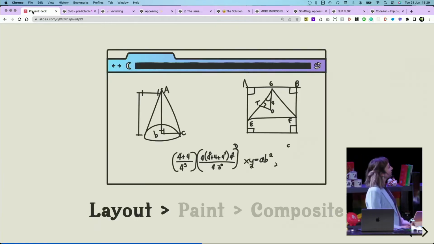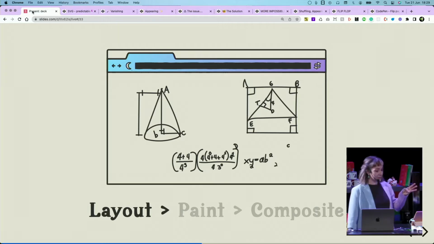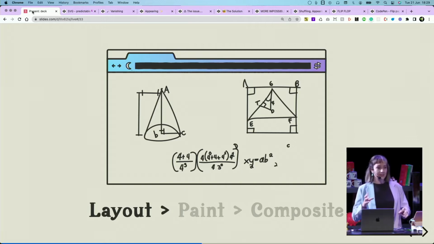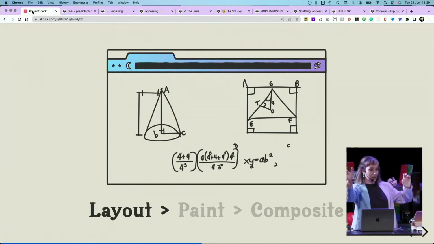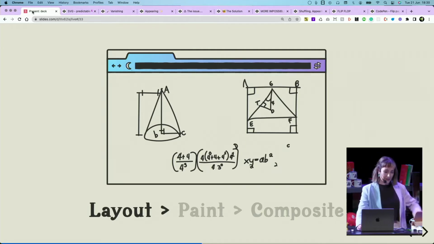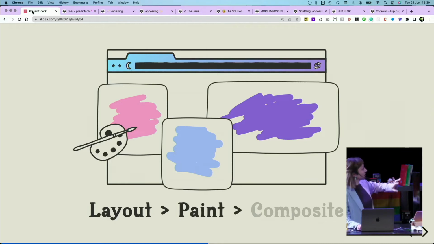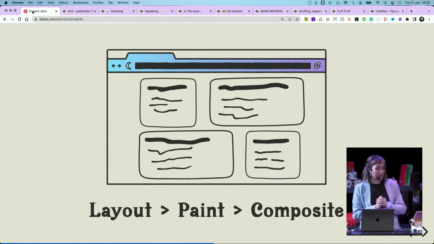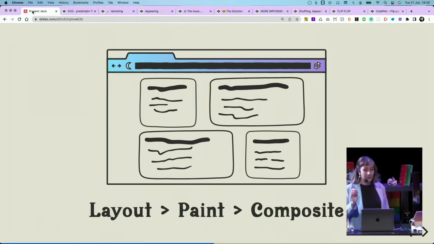So let's talk about browsers. After all your JavaScript and your styles are processed, the browser goes through 3 steps to get all of the lovely pixels on screen. First is layout, where the browser calculates where everything is, gets all the positioning, and you don't see this bit happening. This is just the browser thinking about stuff. Then all the pixels get painted onto layers, and those layers get popped on top of each other to create the website. Animation-wise, it's really cheap and efficient for the browser to move these layers around.